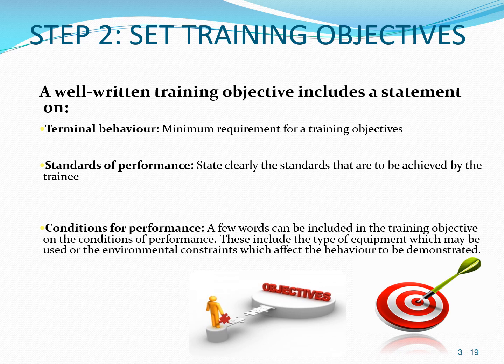Right? Condition for performance. Condition for performance ni, the words that you are going to include in the training objective must include the condition. Condition ni syarat-syarat of performance. Contoh dia, what kind of equipment that you are going to use. Kalau kata typing, komputer lah kan. And all the environmental constraint which will affect the behavior to be demonstrate. And you bagi syarat-syarat dia, contoh dalam masa 5 minit dia kena siapkan berapa. Kalau tak, dia kira sebagai fail lah. Itu objektif dia. Objektif yang dia nak cuba dapatkan.